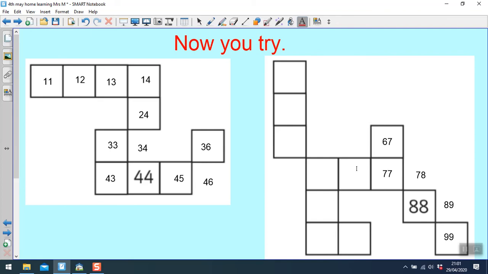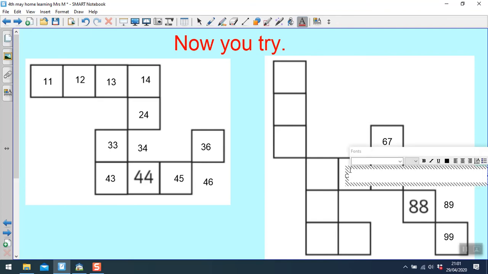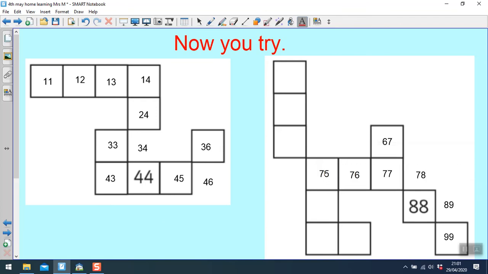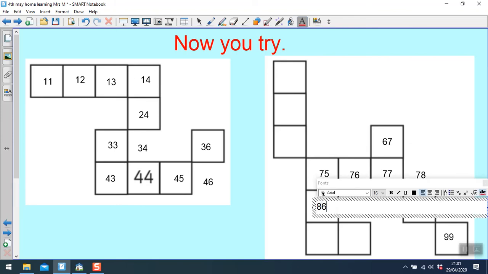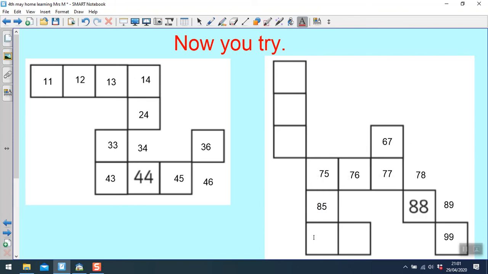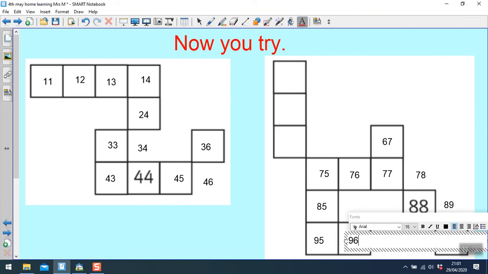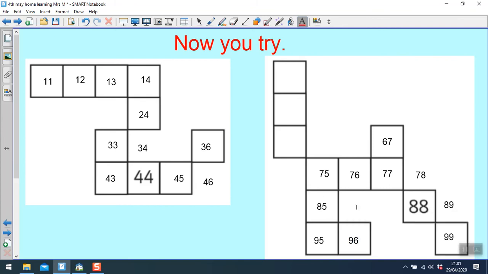78, 77, subtract 1, 76, subtract 1, 75. Moving down, I'm adding on 10. I've got 7 tens at the moment, add 1 more 10. 85, add 10, 95. Moving to the right, add on 1, 96. Let's check this area works. 67, 77, that would be 87, that would be 97, 75, 85, 95,